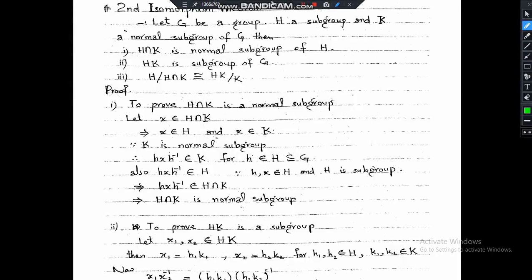In this lecture we will discuss the second isomorphism theorem. So let's first discuss the statement of this theorem. The second isomorphism theorem states that let G be a group, H be a subgroup and K is